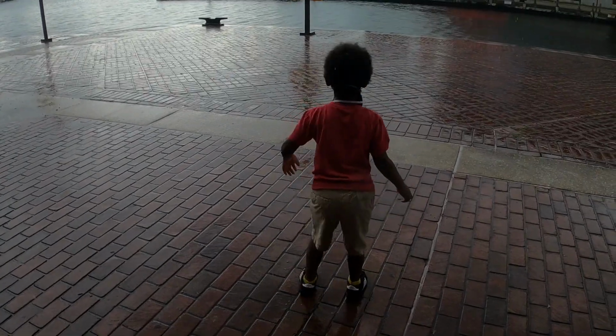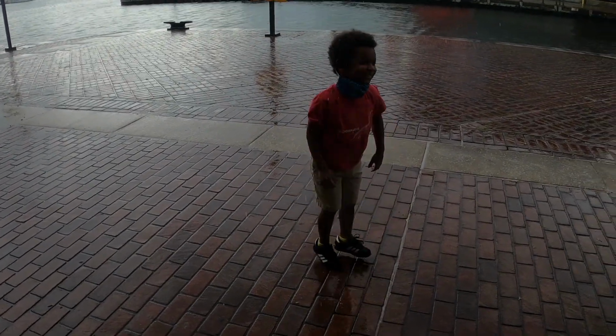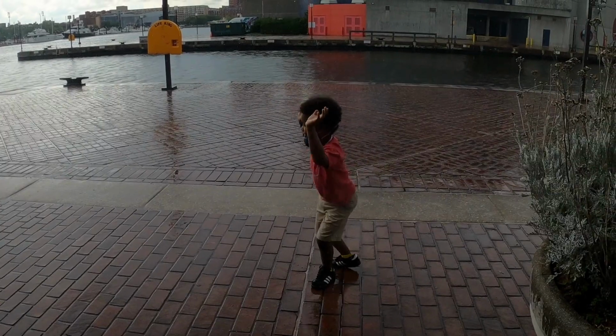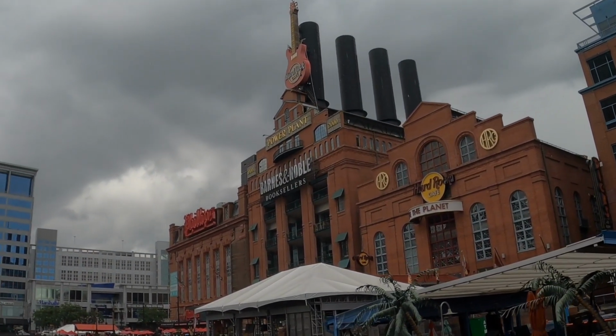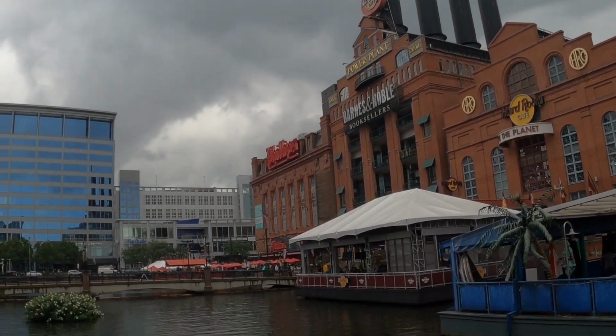Baby shark do do do do do do, baby shark do do do do do, baby shark do do do do do, baby shark. As the rain let up a bit, we ended up walking towards the harbor for our